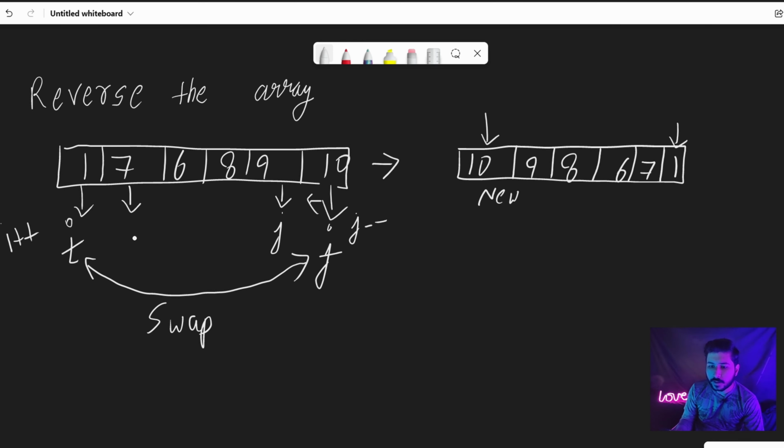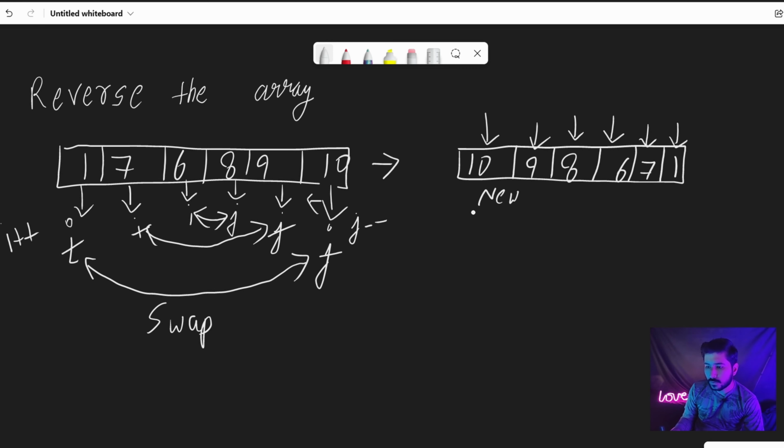Now we are going to swap these two also. When we swap, this will become like this. Now we do i plus plus and j minus minus. This will become i and this will become j. After we swap these two values, we have this array.